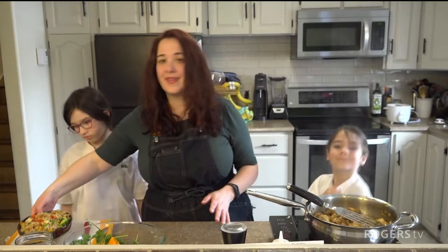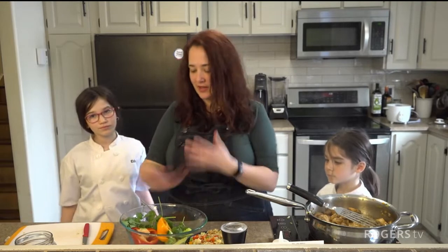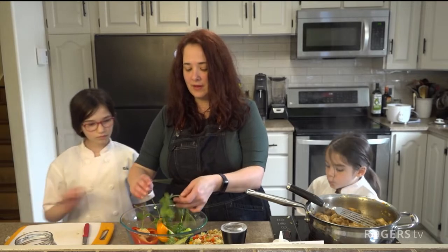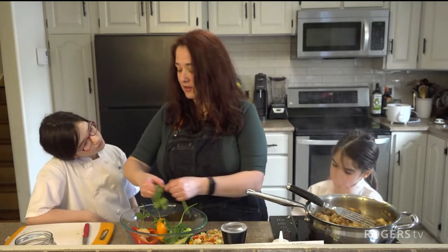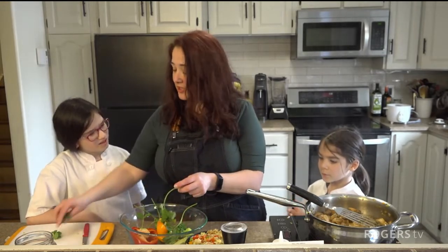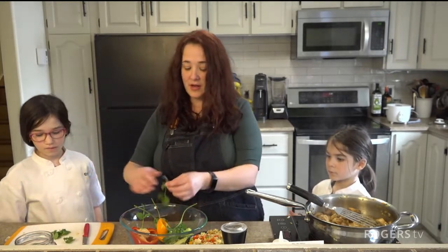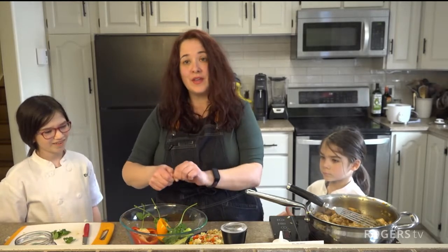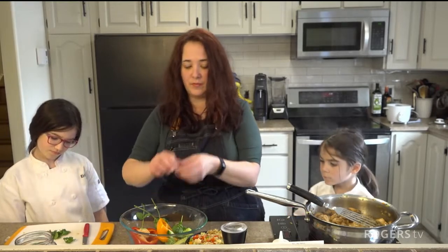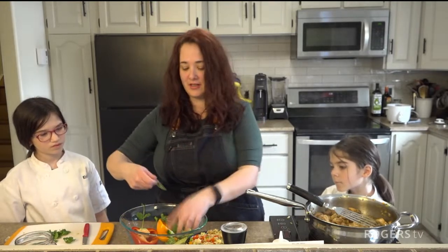Alright, so while we are just letting that get some of the yummy tastes and flavors, we're going to take some cilantro. Now, did you guys know that a large part of the population does not like cilantro? Wait, what? Yeah, and it's genetic. So you either like cilantro or it tastes like soap, one or the other. So, if you don't like cilantro, use a flat leaf parsley instead. And what we're going to do, we're going to just break the leaves off. We're going to chop it up a little bit, and we're going to put that just on top of